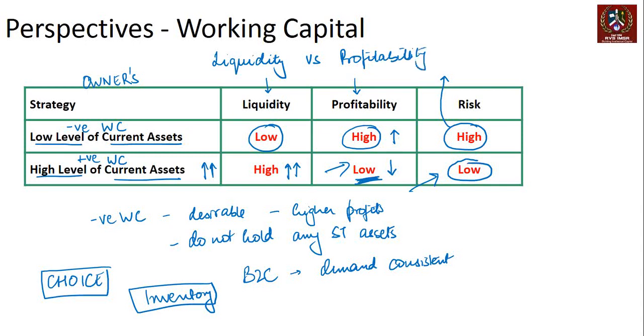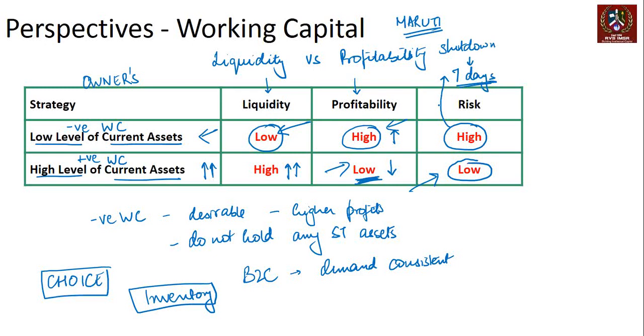Take an example of a company like Maruti. Now, Maruti maintains a very low inventory, right? That's a low level of current assets. So they have low liquidity. They have high profitability because of that. They have made this conscious decision that we will keep a low inventory. What is the risk? In an event that their plant shuts down. So if there is a shutdown in the plant, they run out of volumes after about 7 days because they don't keep inventory. So if there is a shutdown in the Maruti plant for more than 7 days, Maruti will run out of car volumes to be sold in India.